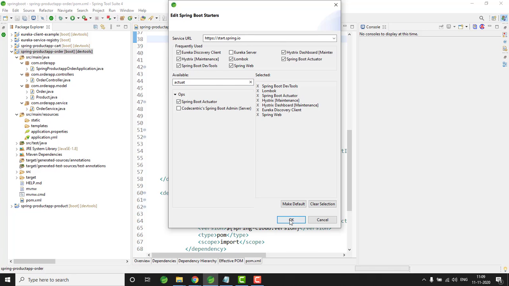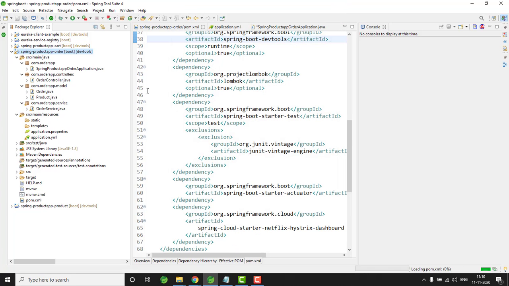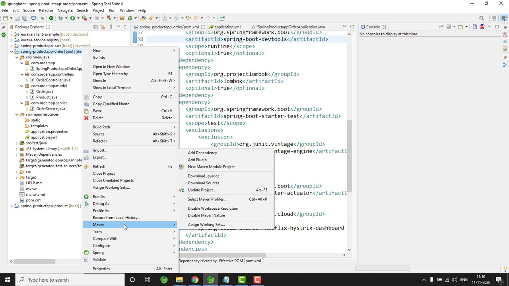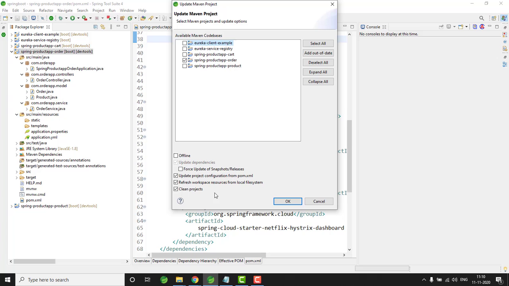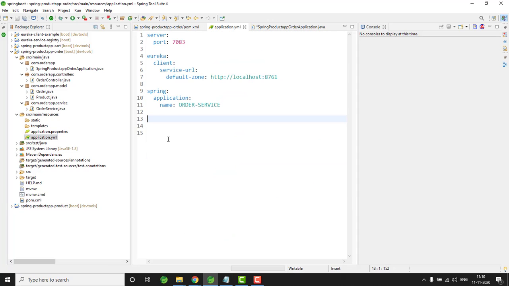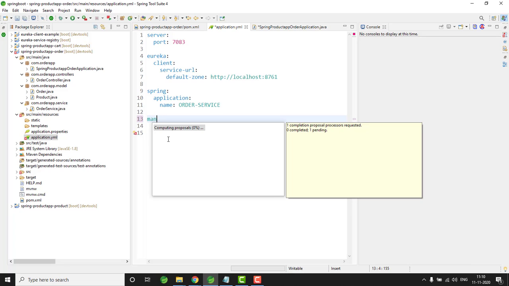Select it, click OK. Once it is added, let us update the project. Select your project, right click, Maven, Update Project. Force update of snapshots, click OK. The next thing is we need to add one property in application.yaml. We have added the actuator dependencies. Now we must allow the user or the client to access these endpoints. So for that I will add the property